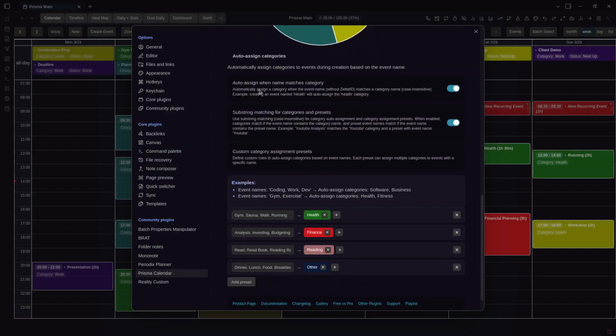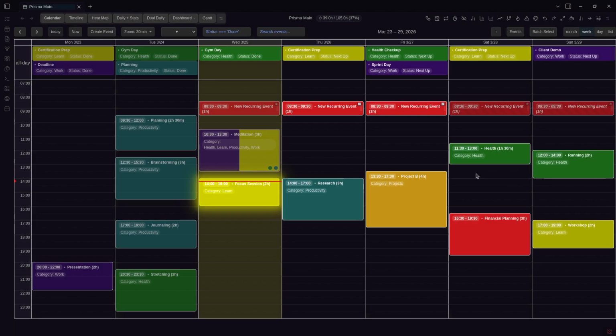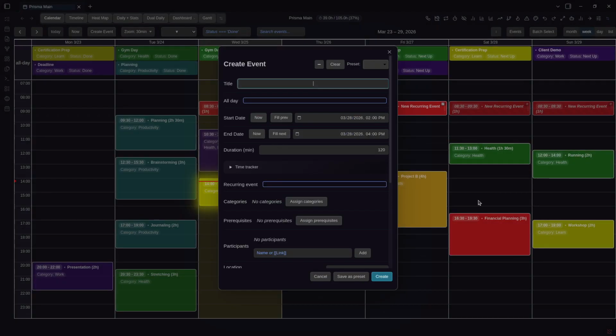And this works for either exact name match or substring match. So if this other option is configured as well, you can see I mentioned the health, so it got assigned. Or